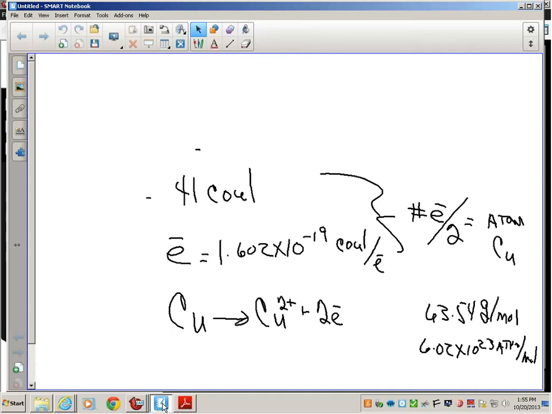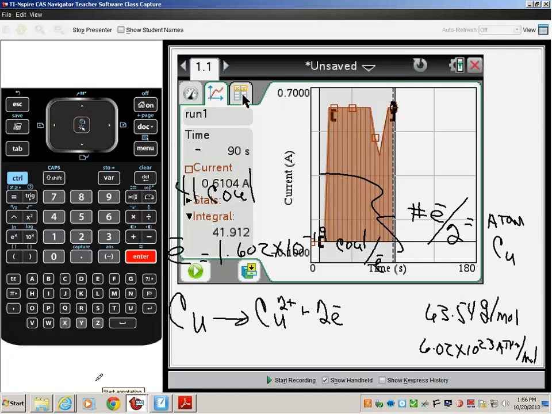Variations of this theme could be, maybe I don't use copper, maybe the whole point is to find out what ion did I use in the electrolyte. Maybe I look at what is the gram molecular weight of this unknown. There's all kinds of values I could have left out rather than telling you, and now those become unknowns that are testable. But the heart and soul of that lab, which is lab 31, is this graph